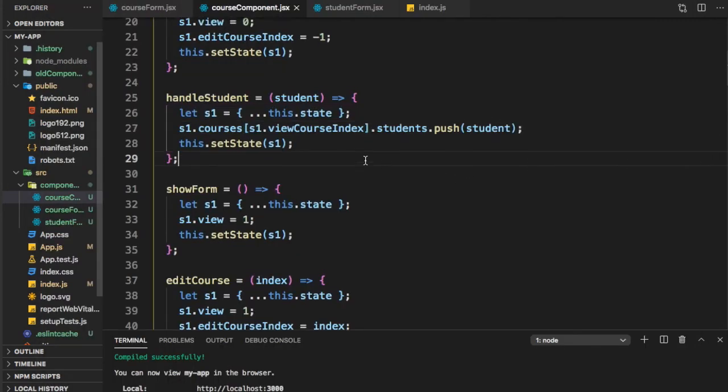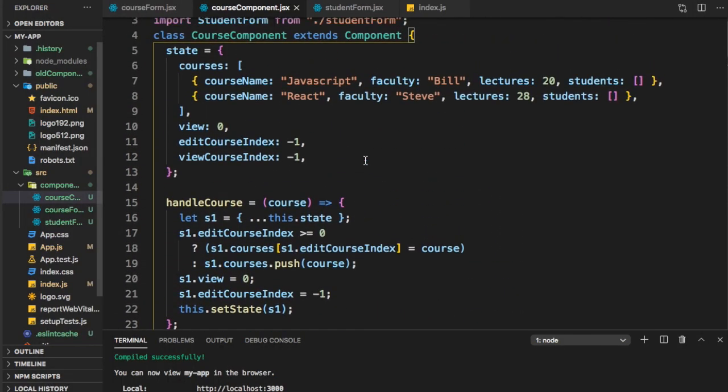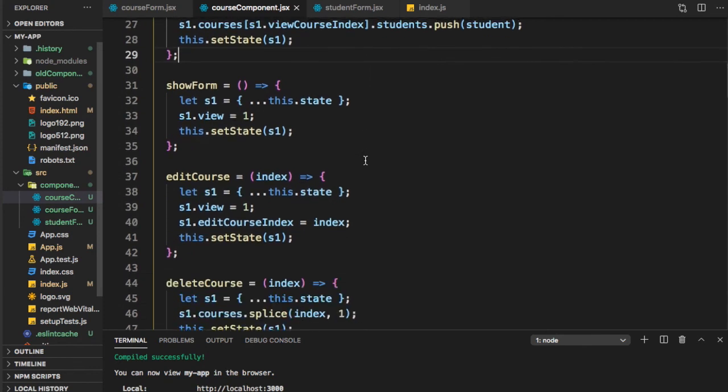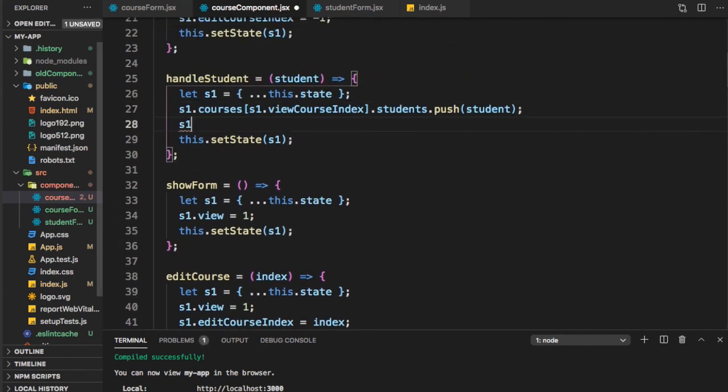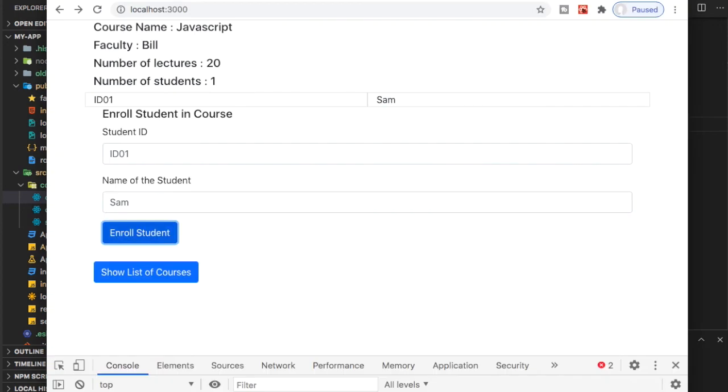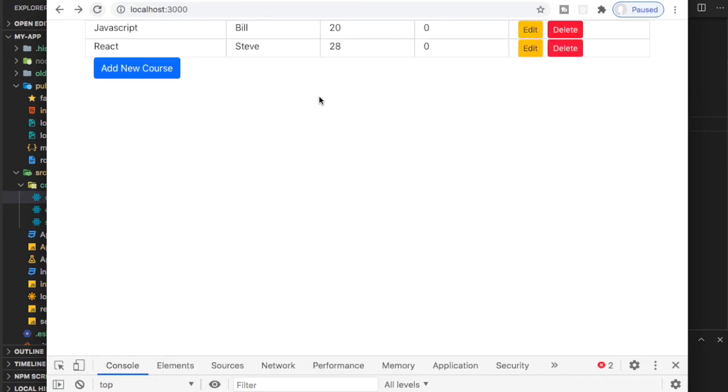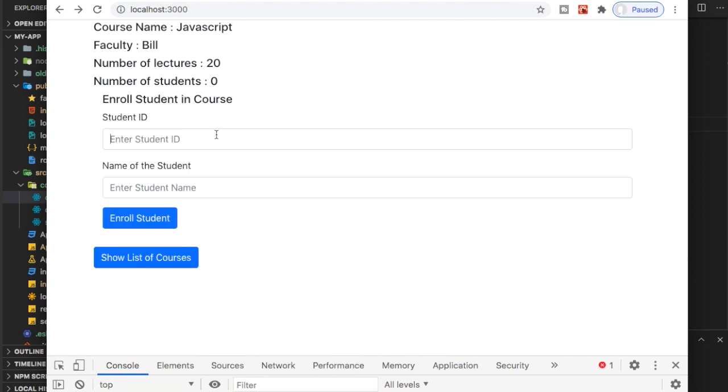So whenever we are enrolling a student, where is our handle student, we should set the view s1 dot view should have become 2. That's the change we want to do. Let's test it again. Enroll more students, ID 01 Sam.